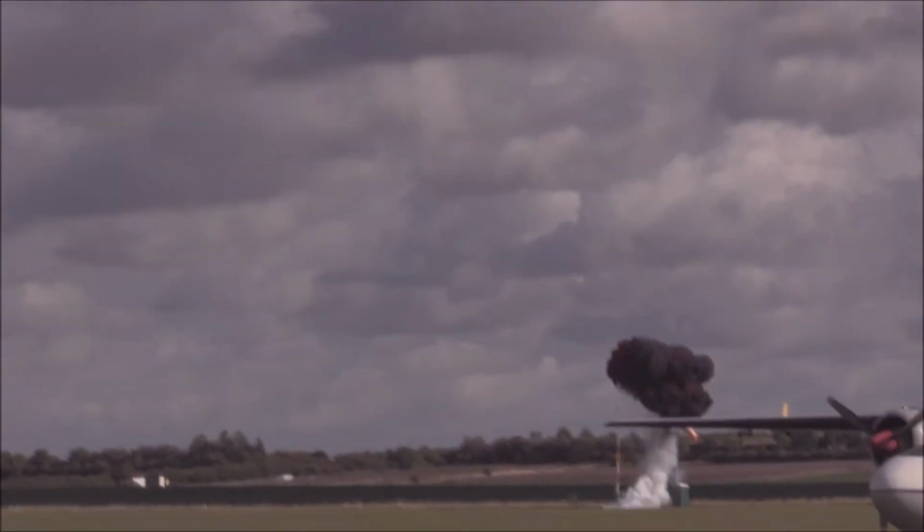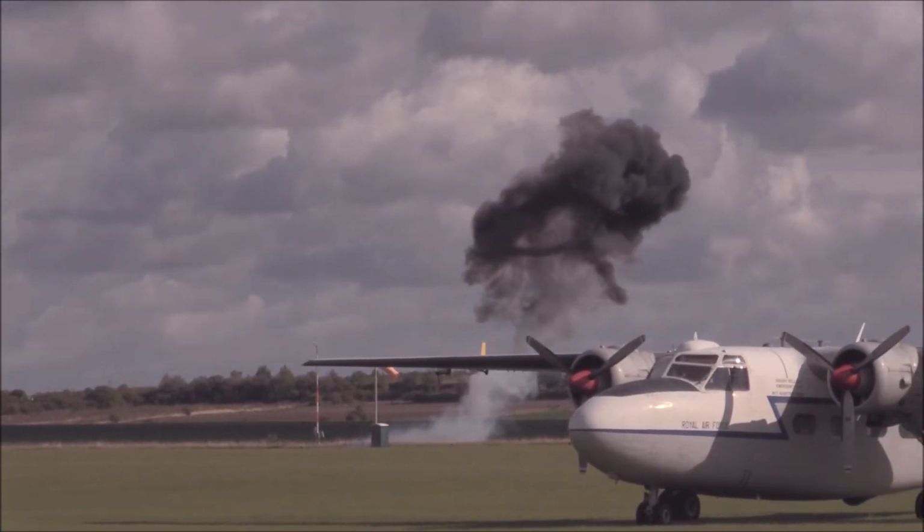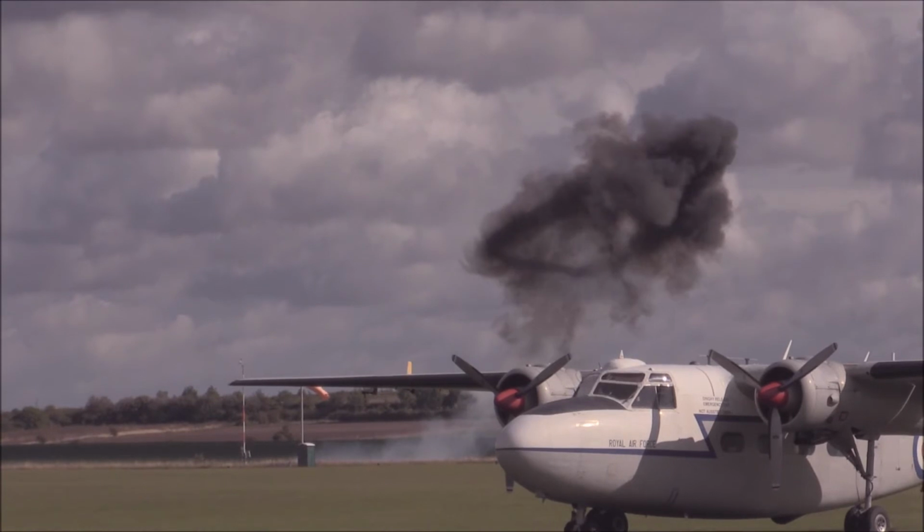So we extend a very warm welcome to Connie, and even though the Buchons are going to be tangling with Yak 3s in a few moments in the skies over Duxford rather than Hurricanes or Spitfires,